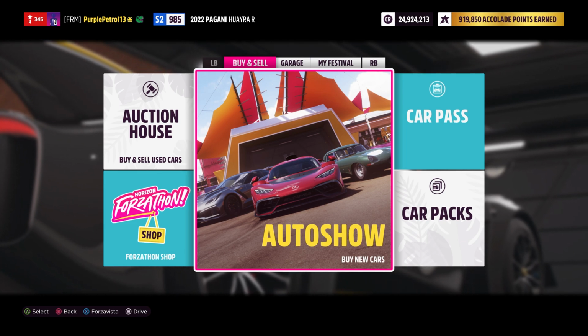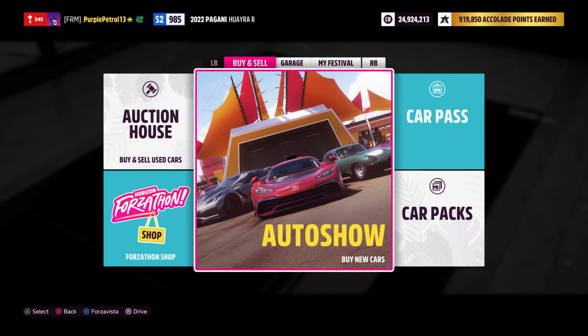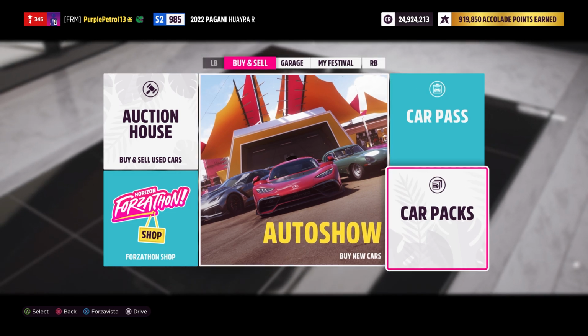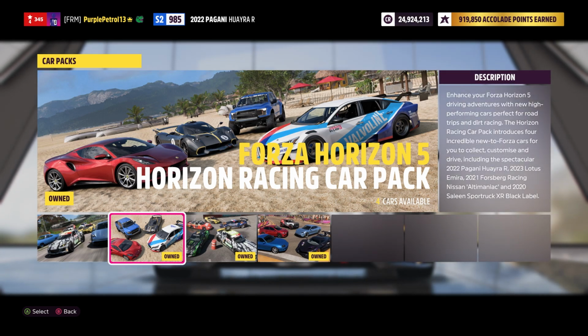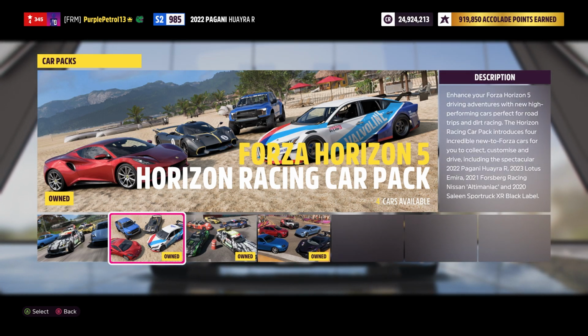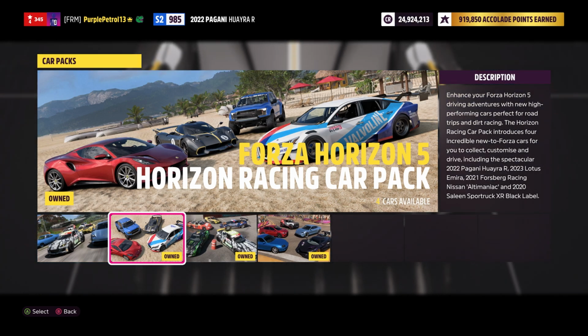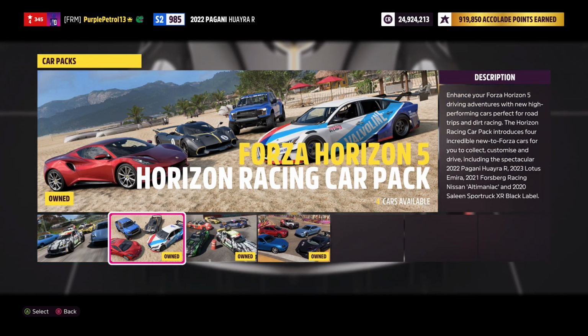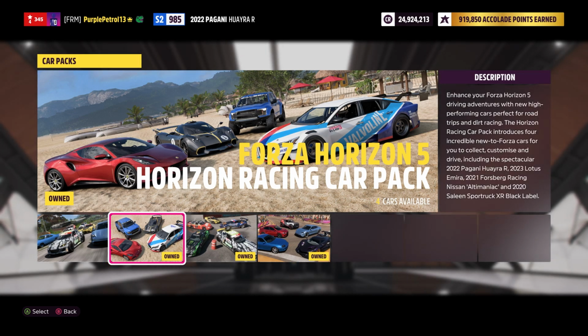The easiest way to get hold of this pack, if you haven't already, is to go to any festival in Forza, go to the Buy and Sell tab, go to Car Packs, and you'll see here the Horizon Racing Car Pack. And then you can buy them all here. The Lotus, of course, that we looked at the other day, video on that if you want to see that in more detail, and I will be back very soon to take a look at the Celine truck and the